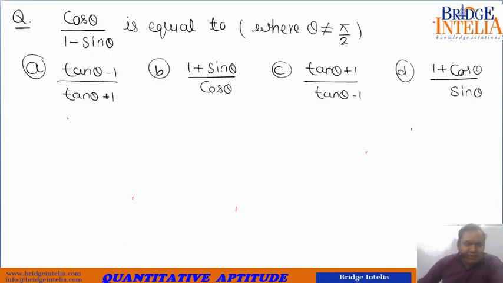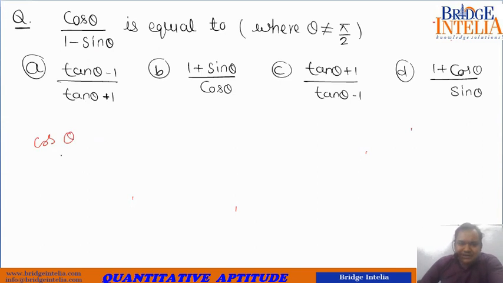Now let's have a look at this one. So cos theta divided by 1 minus sin theta is equal to... Whenever you see terms such as 1 minus sin theta or 1 plus sin theta, you get stuck because there is no standard formula you have learned so far to solve this. So the option that we have before us is to rationalize. Let's do something so that we get rid of the denominator and get a single term.